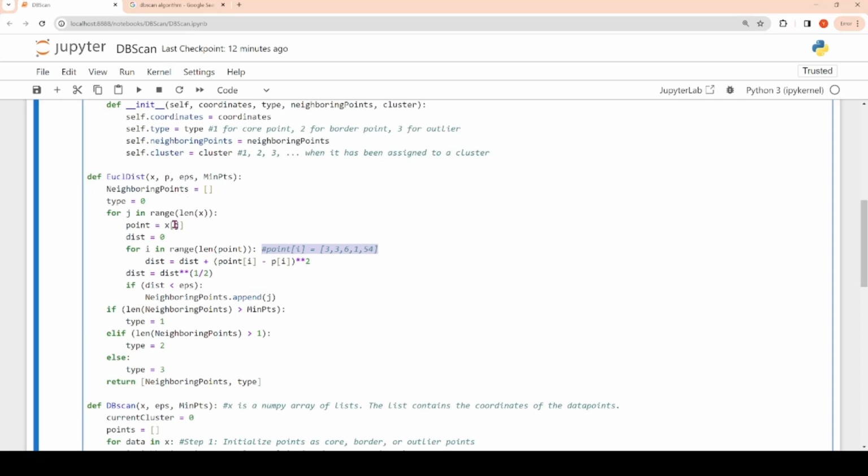So the distance from point x at j and P, if that distance is less than epsilon, then we could call x at j a neighboring point of P. And because of this, we could append it to the neighboring points. So what we'll do is find all the neighboring points of a certain point P with this Euclidean distance